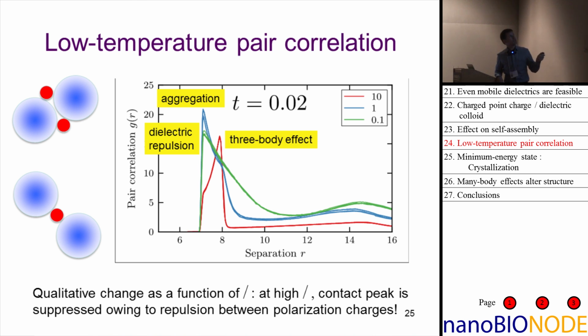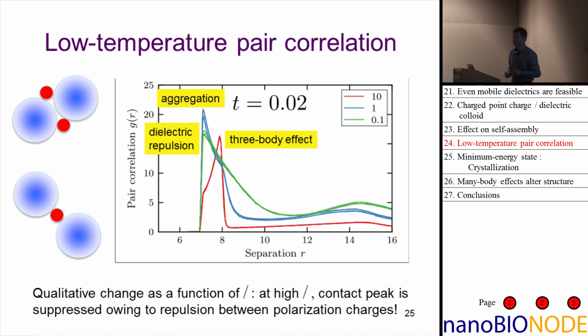What we find is that depending on the dielectric contrast, you either get pair arrangements like this, so the two colloids, which carry the same charge, are held together by two small particles which hold the opposite charge that kind of bracket the touching point of these colloids. But if you switch the solvent to something that has a low dielectric constant, then the colloids jump into this configuration with the small charged particle in between. And the reason that that happens has to do with the interaction of all the polarization charges on the colloids, which I don't show here.